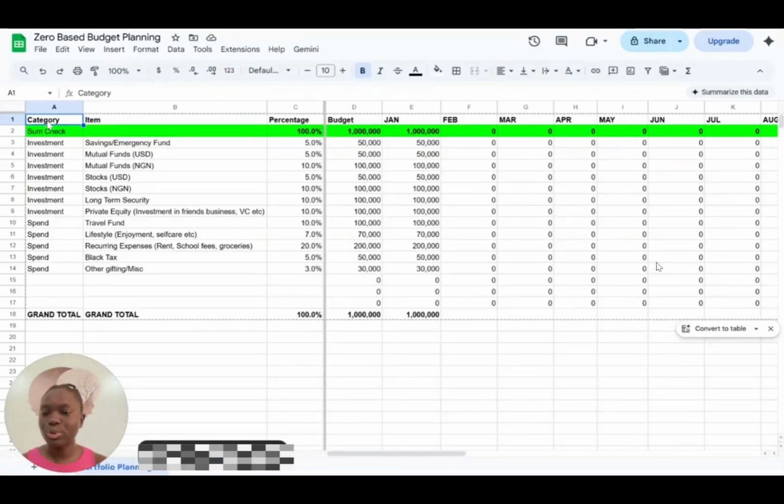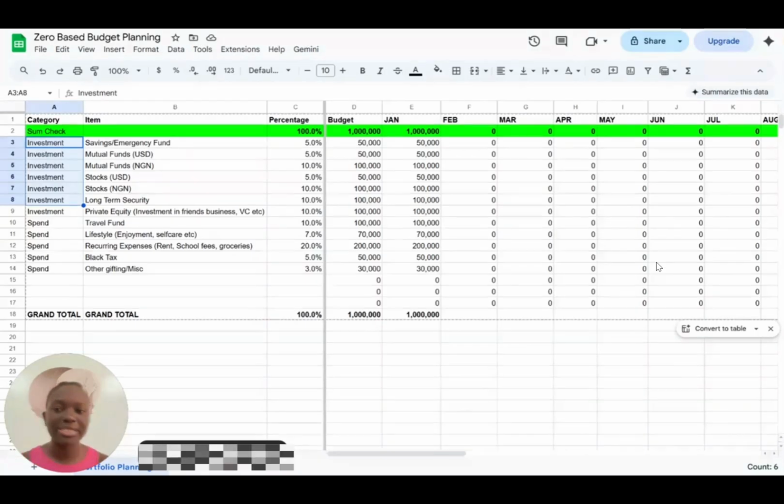So when you download the sheet, this is what it will look like. Of course, it has the headings. I'll just quickly explain the headings and then how you would use it. The first heading you have here is category. Of course, there are two categories of how you can plan your money, either investments or spending. An investment literally means money that you're putting somewhere to work for you, you get a return on it. And spending is money that goes, it's not coming back.